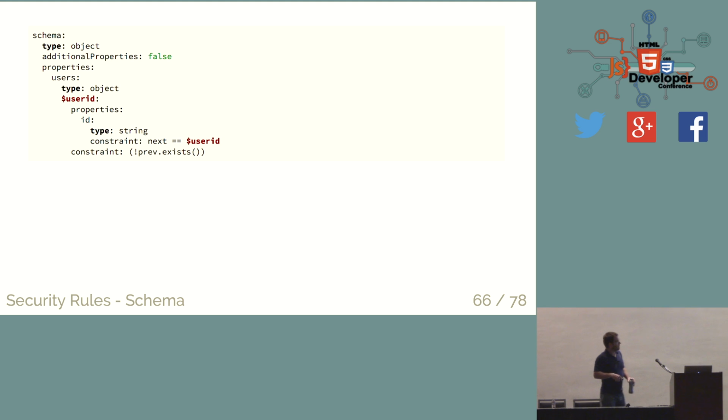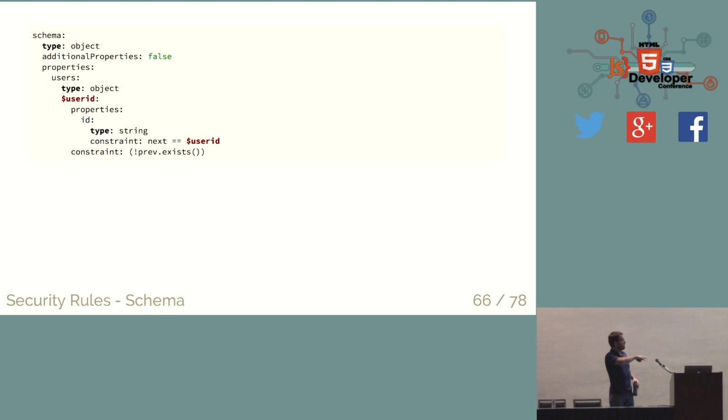And so this is the object that defines, again from the root of a Firebase instance, that we have users, and so this is again like that structure that I showed before with to-dos. Okay, so this is users, and the $userID right there is a wildcard. So that's saying